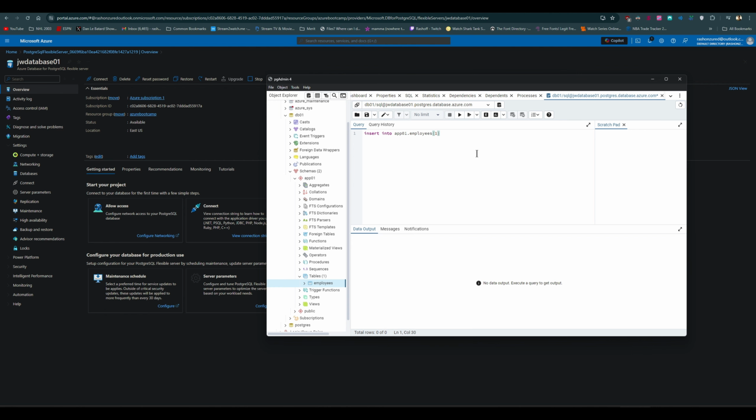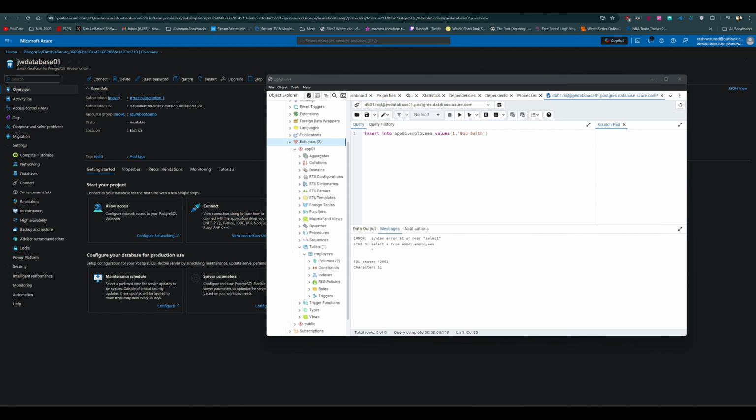And we want to add 1, which will be the ID, and Bob Smith, which will be the name or character, the user, and that will add a new record in the table, which we'll see in a bit. And then we will select all from app01.employees, and we'll see the queries data added. So we'll execute